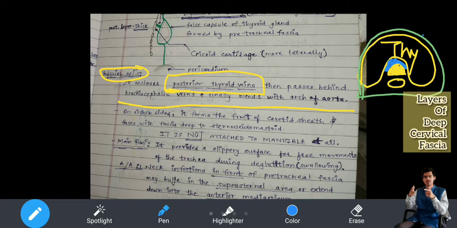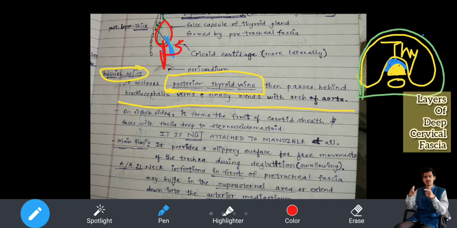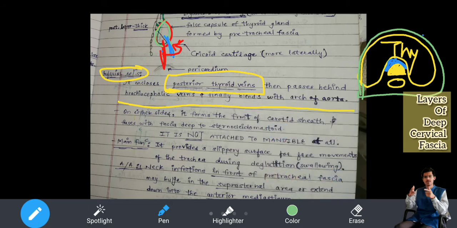So what is happening? You see in this diagram. See, just a second. I'll use a red color. Can you see this? This green colored fascia here. This green. I'm putting it in red now. It converges like this. Okay. And the veins, if you see, posterior thyroid veins were like this. Blue color. Posterior thyroid veins. So these are covered by this fascia. I am showing it to you in red. These are covered. Shall I put it in green? Okay, I'll put it in green. See, this is the fascia.